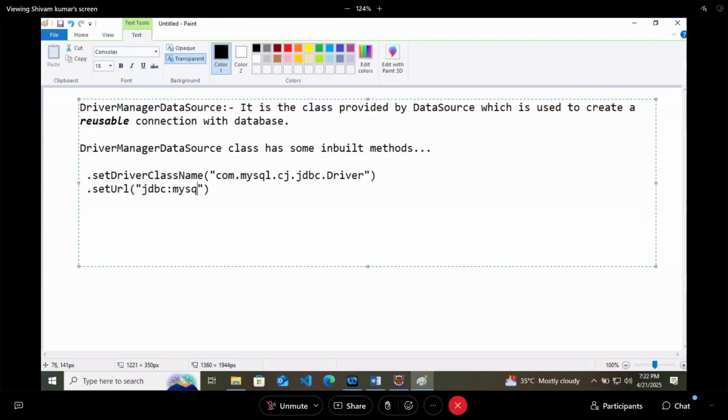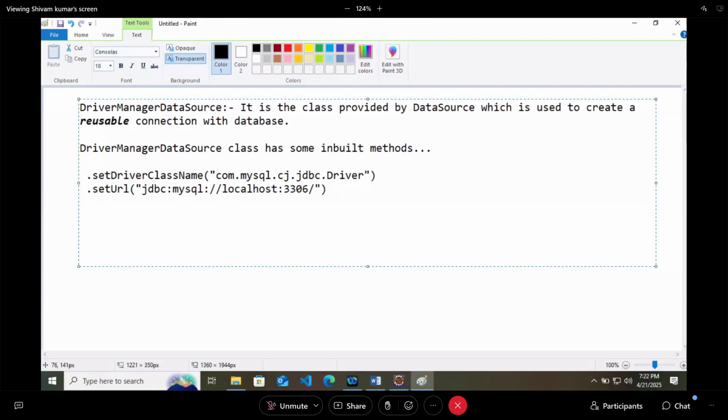So that is jdbc:mysql://localhost:3306. Along with this URL, you have to provide the name of one database.